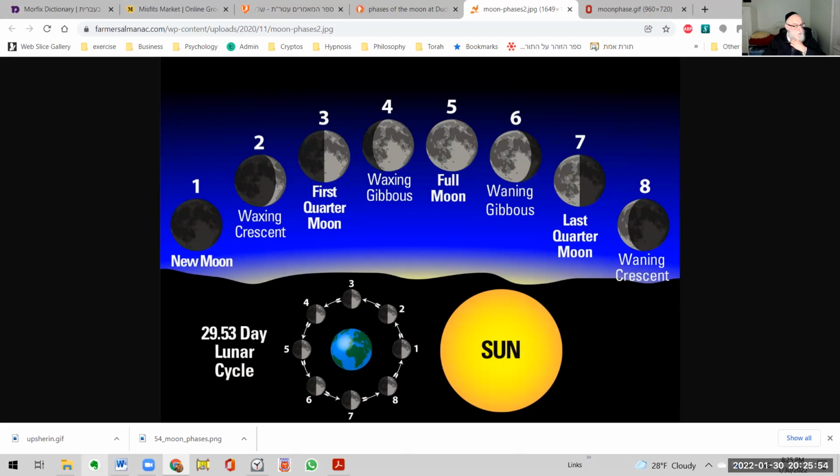Rabbi Yochanan says the sun never ever saw the pegima of the moon. The sun never saw the blemish of the moon. Now, when the moon has no light, it's called a blemish. Why is it called a blemish? Well, the Midrash gives us an answer. The Midrash says that initially,